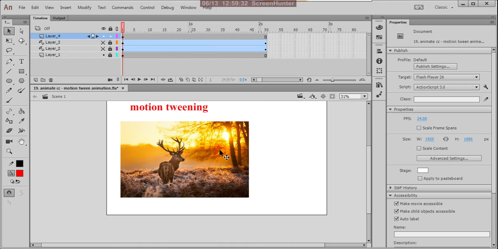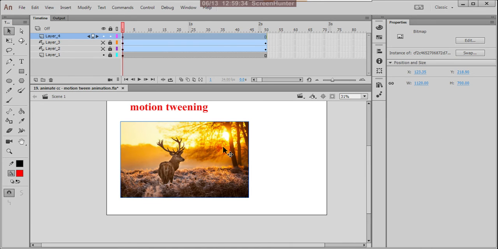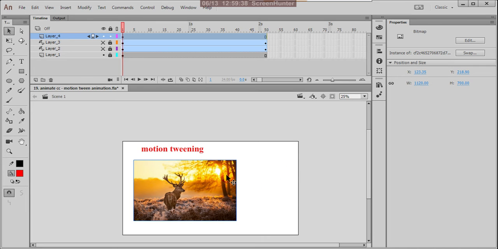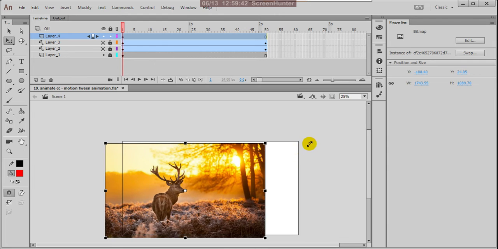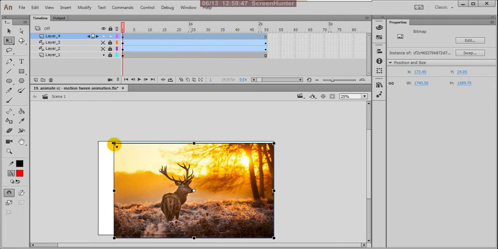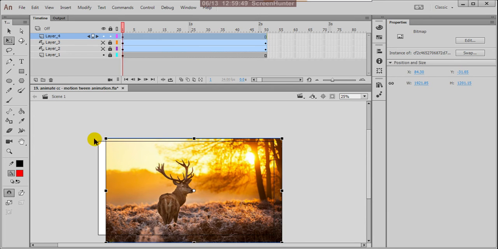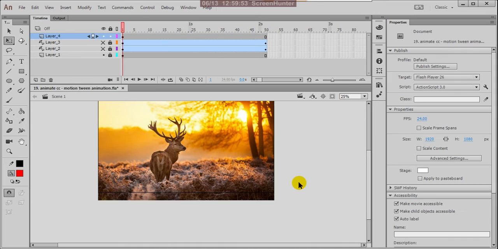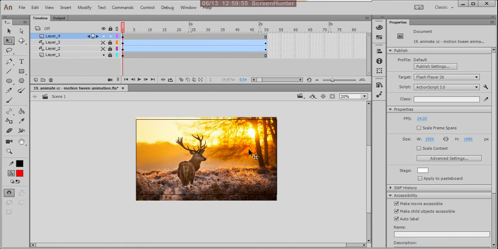Now I'll drag this picture and increase it to fit the stage. This is my picture area.